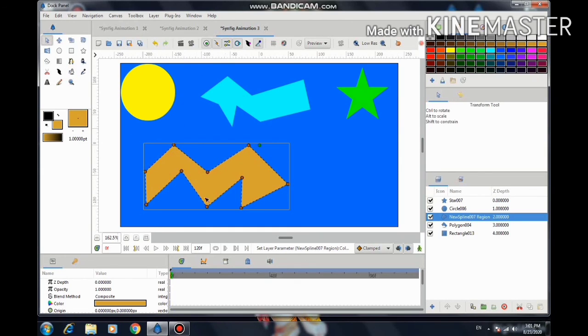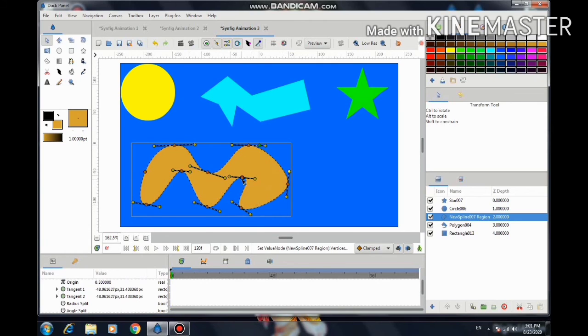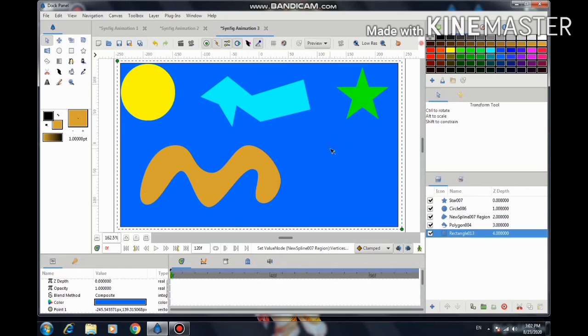Now to make a smooth move, so this is how we can use different tools.